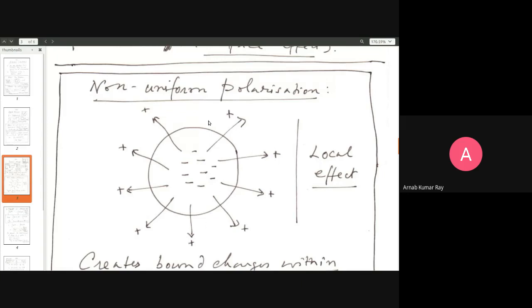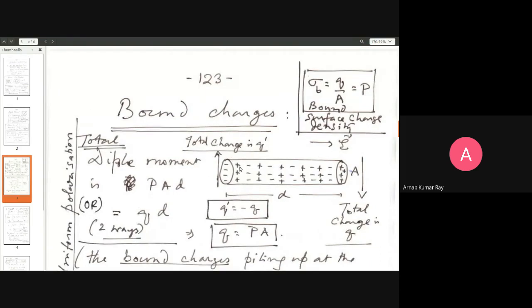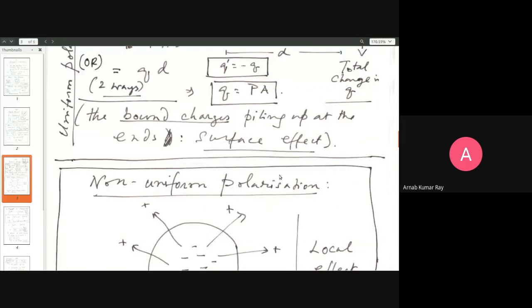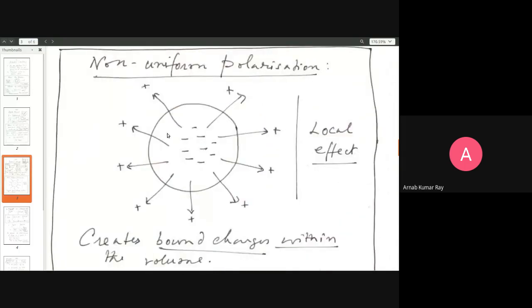You see that this electric field is non-uniform. What do I mean by non-uniform? If you look at this diagram, anywhere in this rod, the external electric field will have the same value, right? But here, the electric field will have a stronger value inside, and as you go out, the field lines get more and more spaced away from one another, so the electric field strength gets more diluted as you go outwards. So this is a non-uniform electric field, and it will cause a non-uniform polarization. How so? Let us now try to see.